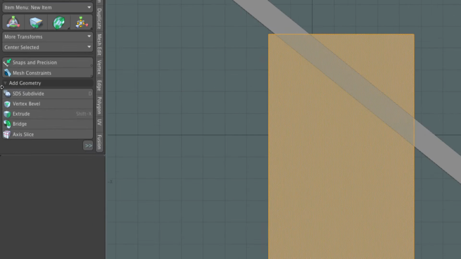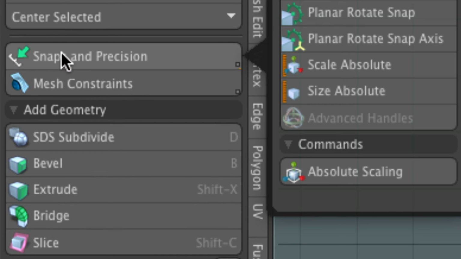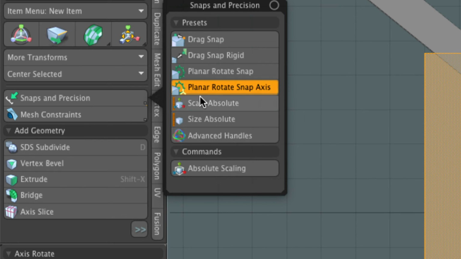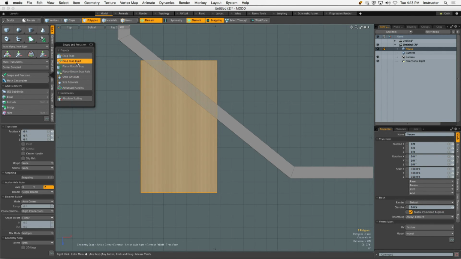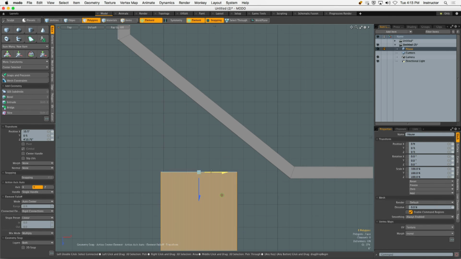Over in our basic tool tabs, we have this palette here called Snaps and Precision. And there's some good ones in here. Drag, Snap, Rigid is awesome. We'll talk about that in a second. But I want you to look at Planar, Rotate, Snap, Axis. This is going to do exactly what I want us to do. And actually, let's do Drag, Snap, Rigid first,